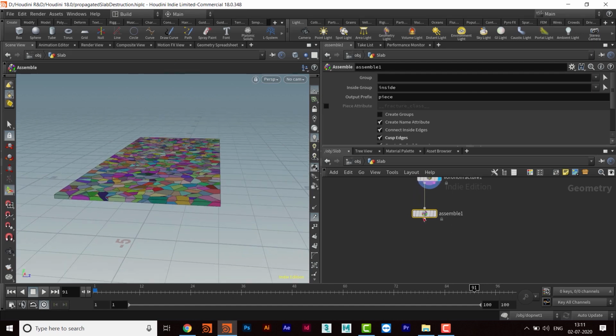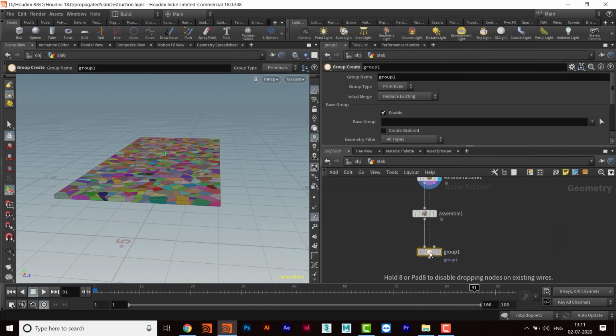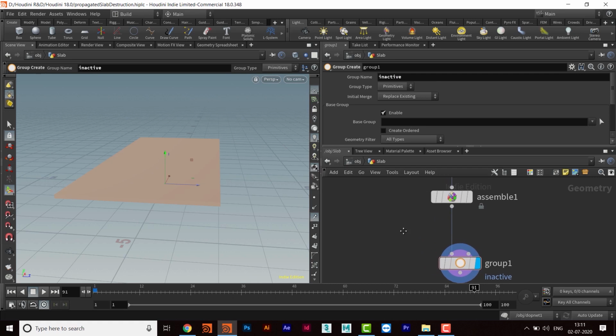So I will take the box for that, and I will create a group for that, and keep the name to be inactive, and then I will use its second input to create the two boxes.